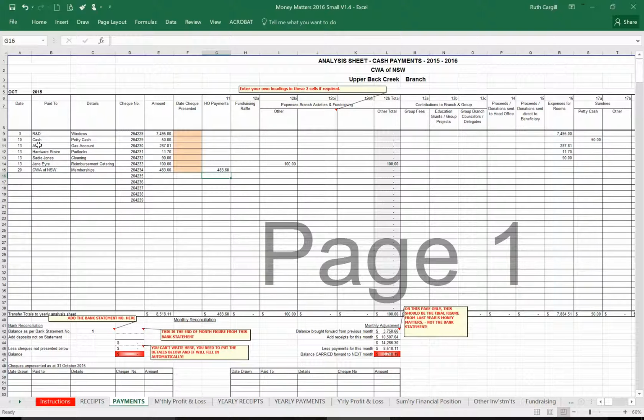Okay, so once you've got all your payments in for the month, and you may have put those in on the individual days when you wrote the checks, or you may have waited and put them all in at the end of the month, then you'll pick up your bank statement, and for us this was bank statement 432 for Upper Back Creek. So I put my bank statement number in there. I then put the total of my bank statement in that box there, and then I can go through and check off when each of my